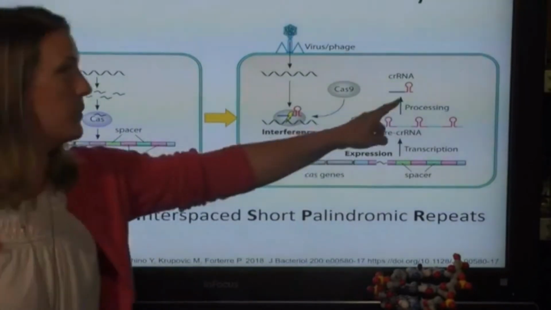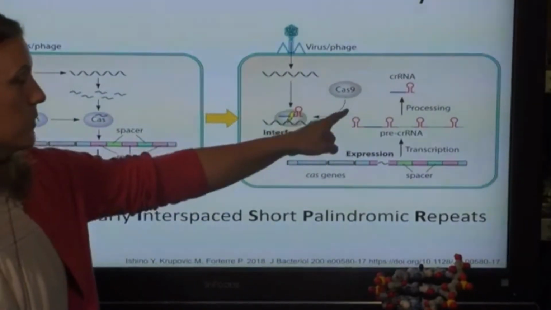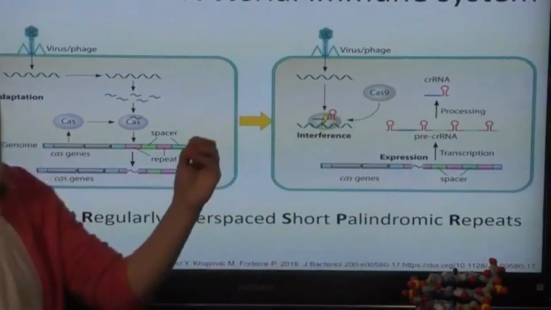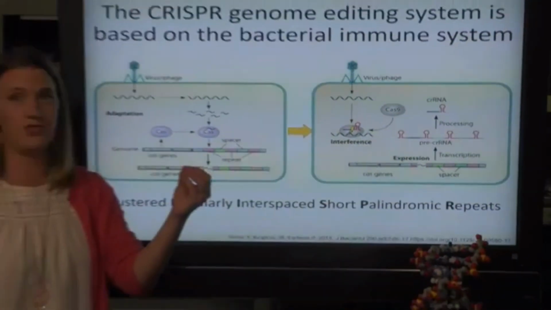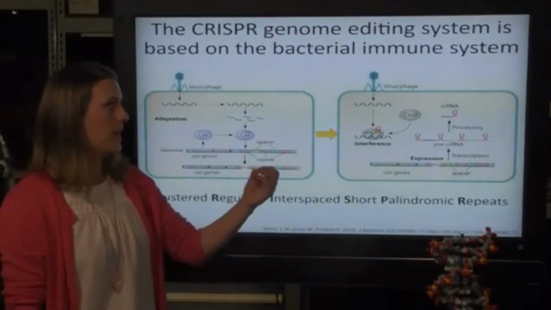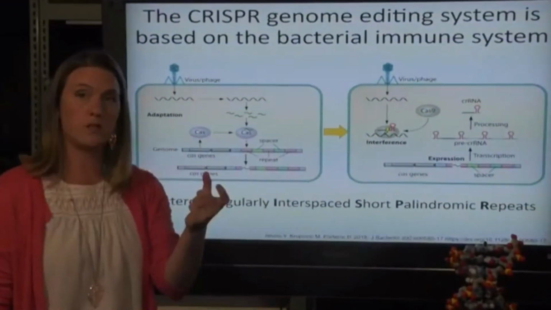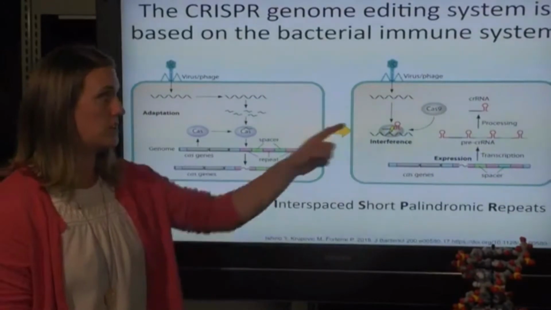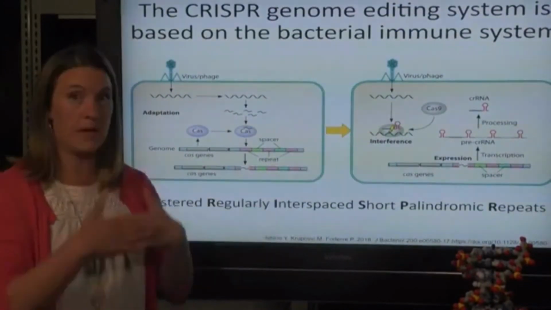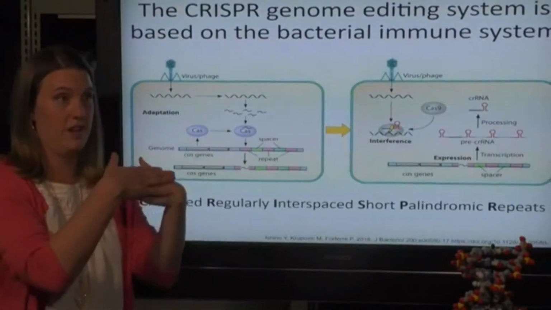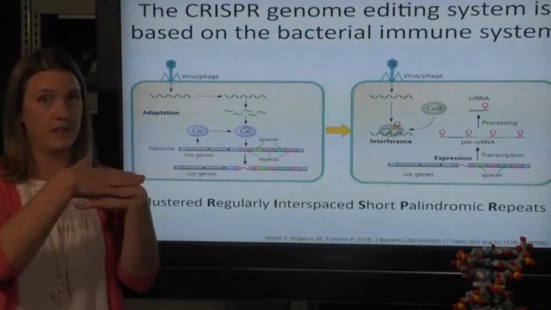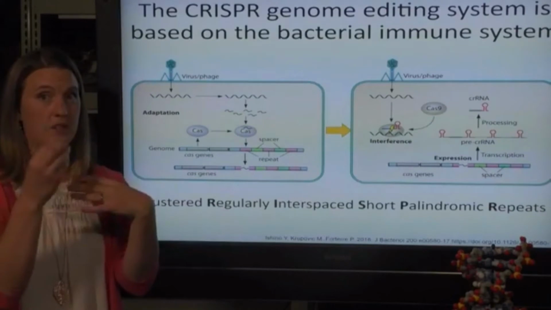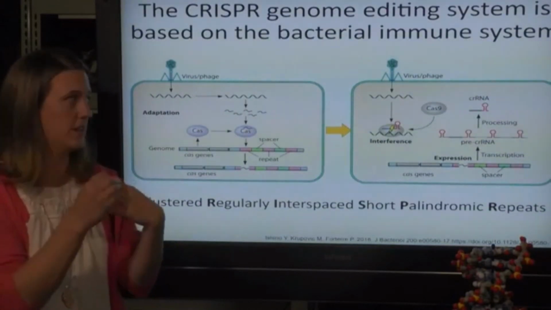So the CRISPR RNA and the Cas protein come together, form a complex, and they look through the cell looking for viral genetic information. Okay? And how it knows when there's viral genetic information is that the crRNA will base pair with that invading virus. Okay? So it has to be a virus that has previously infected it, because that bacterial cell is remembering that it had been infected.